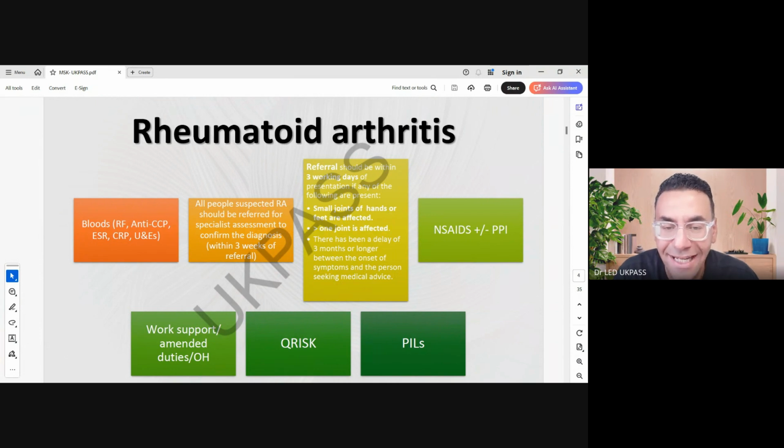A side effect of any medication doesn't mean that the patient will get this side effect. Any medication in the world has side effects. Any medication, even paracetamol, has side effects. Mentioning side effects of a medication doesn't mean that you will get these side effects, but you could. So this is very important to bear in mind. Side effects don't necessarily mean that they will happen, but they can happen. If your mom, if your auntie had side effects of this medication, this doesn't mean that you will be getting these side effects.